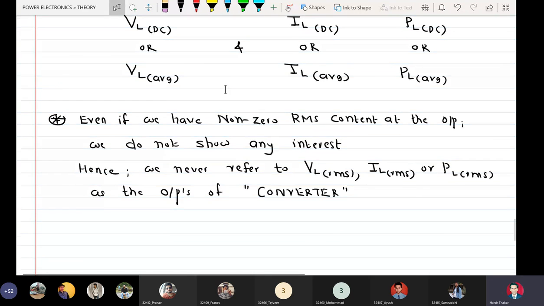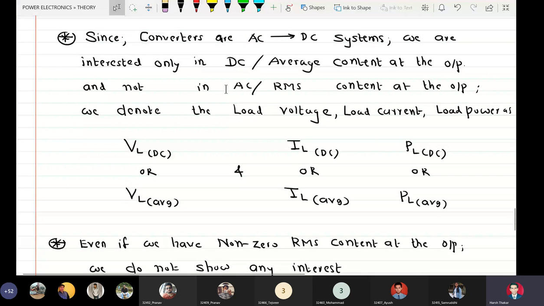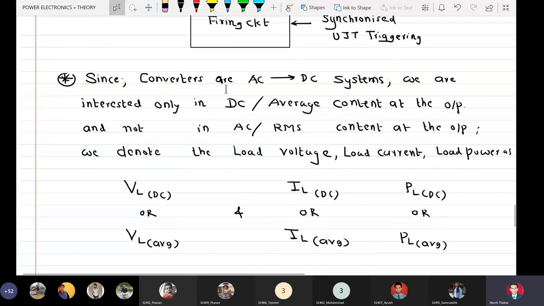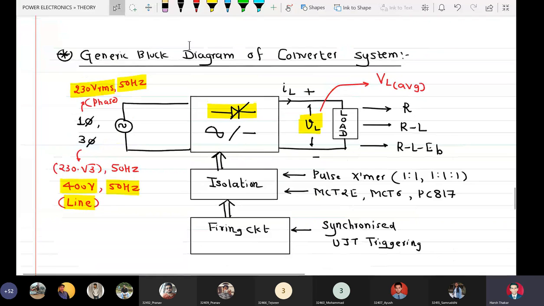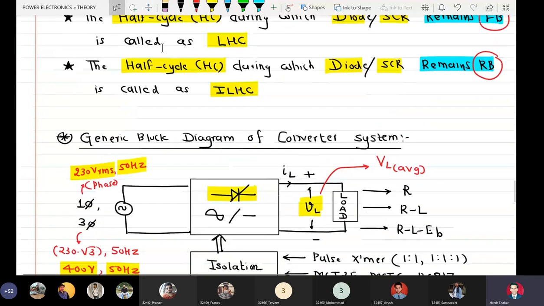Why I said this? That is why if we are clear about this point, only then we will automatically, naturally and spontaneously connect a DC voltmeter in order to measure the output voltage when we come to know that I am performing an experiment on a converter. So as soon as we come to know that the kit in front of me is a converter and I say you have to measure the load voltage, student immediately understands that I am supposed to configure my DMM as a DC voltmeter, the ammeter as a DC ammeter, if this point is very clear. Okay, these are very important basics.